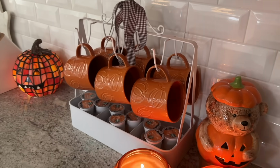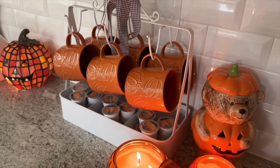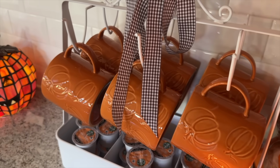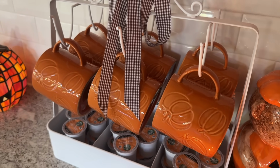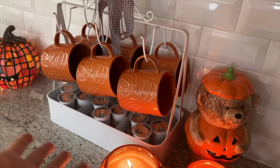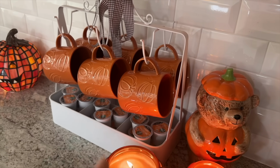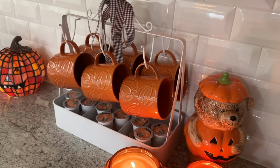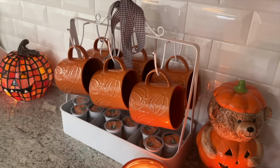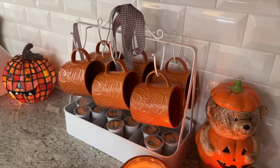And then this is our little hot chocolate section. So we've got our hot chocolate mugs. Those are from Hobby Lobby. And this entire little mug holder, I guess I'm gonna call it, display where you can put like your K-cups and things like that is from Hobby Lobby. And it was actually red, so it was in the Christmas section. I just spray painted it white and I added a little ribbon to the top,